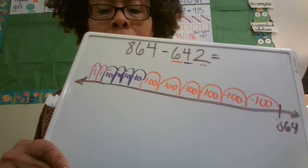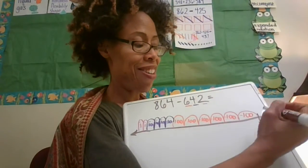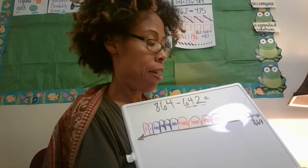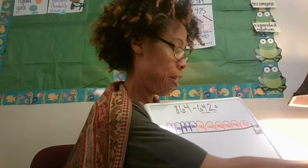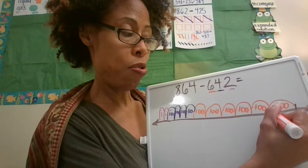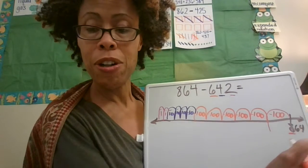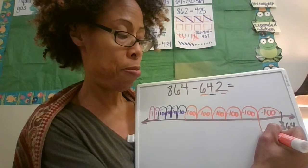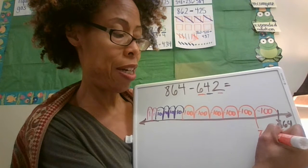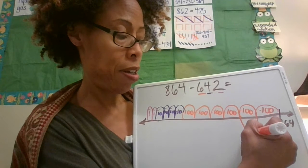All right, I kind of erased my number, so let me rewrite it. All right, so now we're going to subtract. The first thing we're going to look at is the fact that we are focusing on subtracting 100. So that means we're only looking at the number in the hundreds place. So the 6 and the 4 are going to stay exactly the way they are. We're just subtracting the first number. So 864 minus 100 is 764. 764 minus 100 is